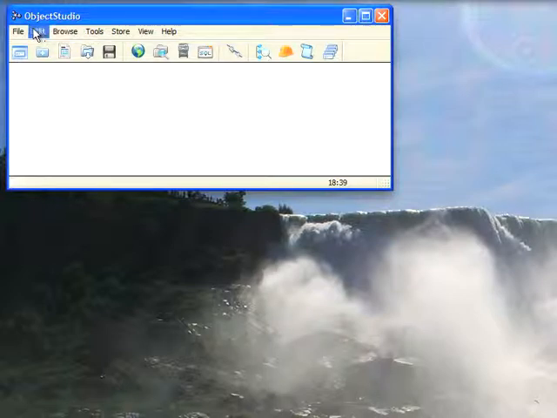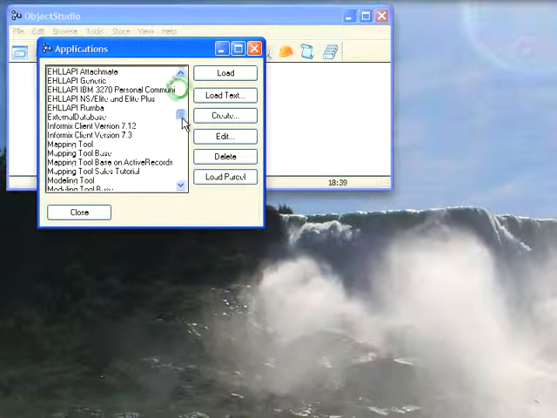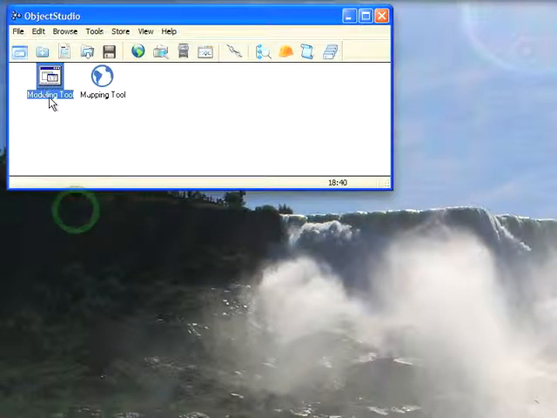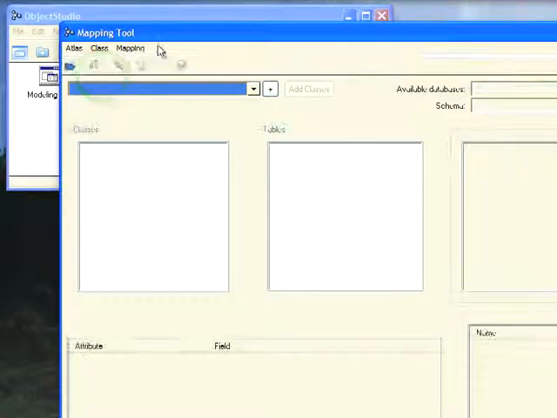So to get started, what we want to do is go to File, Load Application, and scrolling down here you'll find Mapping Tool. I'm just going to click Load on that. And that's going to take a little moment to load. Once it completes, you'll see that something happened down here, so let's close this. You've got the modeling tool and the mapping tool. We're not really interested in the modeling tool this morning. We're going to look at the mapping tool, so I'm going to double click on that, and that'll open up